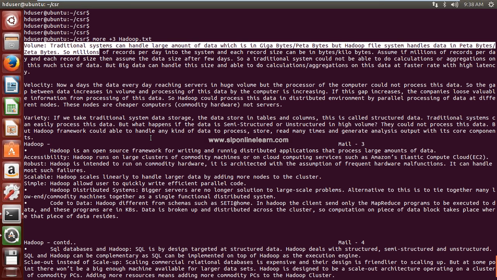Generally we use more to display the file content screen by screen, page by page. In the DOS operating system, we call it page-wise output. So why do we require it? Suppose your file contains some thousands of lines, and if you use the cat command, it will display the file content and you will be able to see only the last few lines of the output.